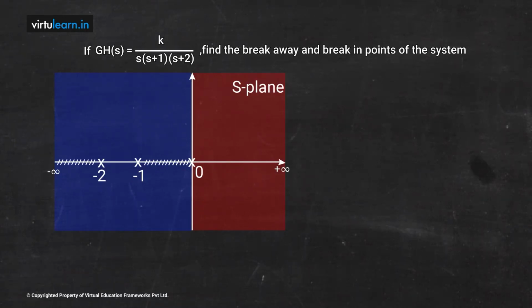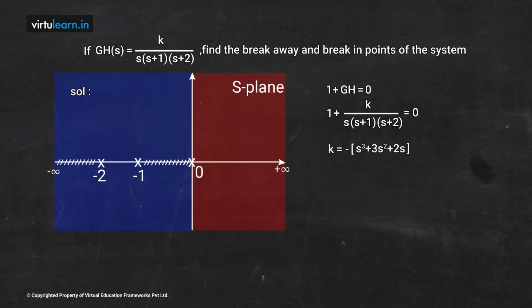Once you know the root locus area, then we can use the procedure. We find the roots of dK/ds = 0. The first step is 1 + G(s)H(s) = 0, so 1 + K / (s(s+1)(s+2)) = 0. That results in K = -(s^3 + 3s^2 + 2s), and dK/ds = 0. If we solve it, you are going to get 3s^2 + 6s + 2 = 0,